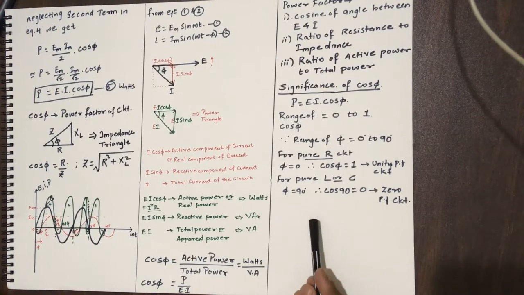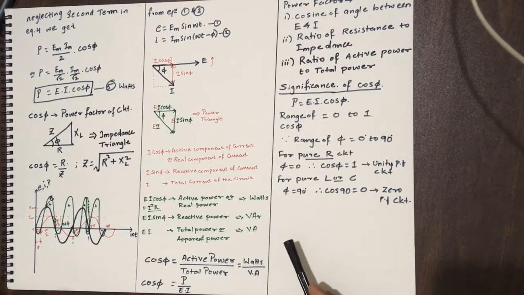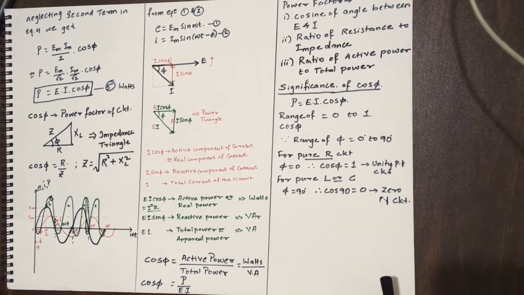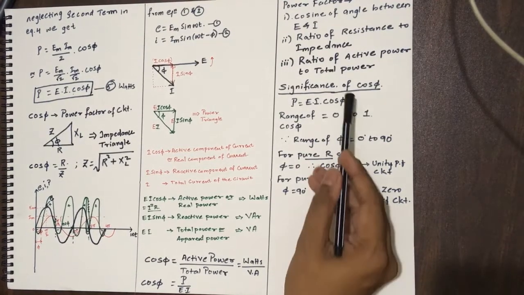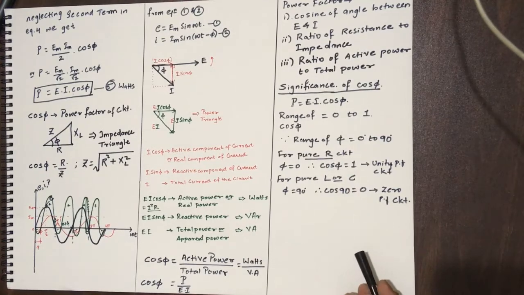There is a range of power factor, where there is a low power factor range and a high power factor range. If the power factor is from 0 to 0.4 or 0.5, we generally consider it to be the low power factor range. And if the power factor is nearly equal to 1, we consider it to be the high power factor or unity power factor range. Ideally the circuit power factor should be unity, but many times it may not be possible to maintain unity power factor, so it is expected that the power factor should be nearly equal to 1.